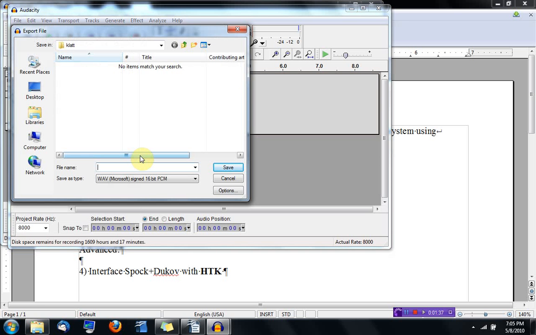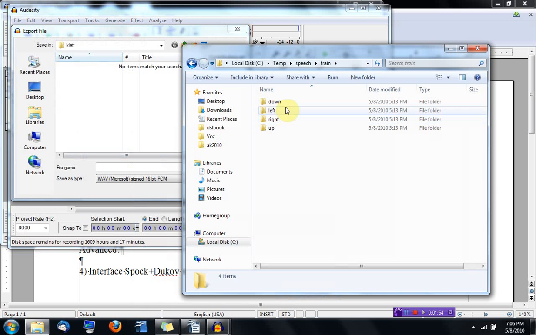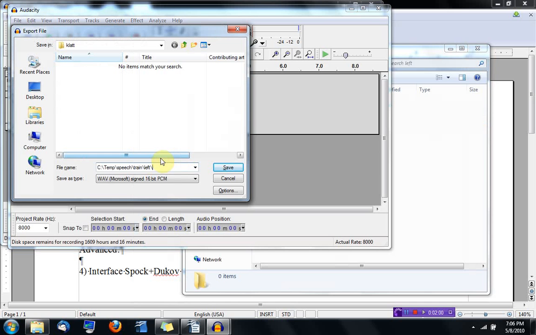So I'm going to use a directory tree where each directory corresponds to a word. For example, we are going to have 4 directories. I'm going to show you, for example, down, left, right, and up. So I'm going to put here left, my first left one, for example,